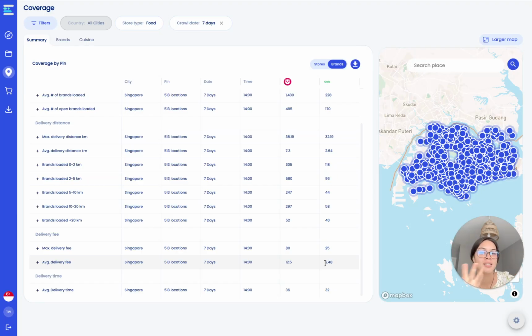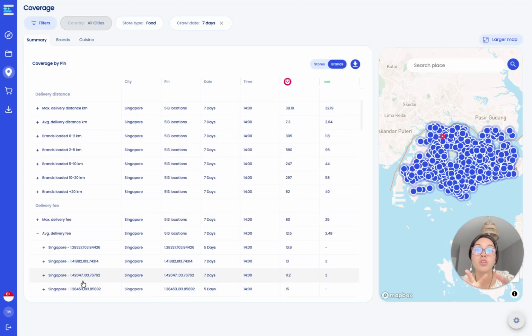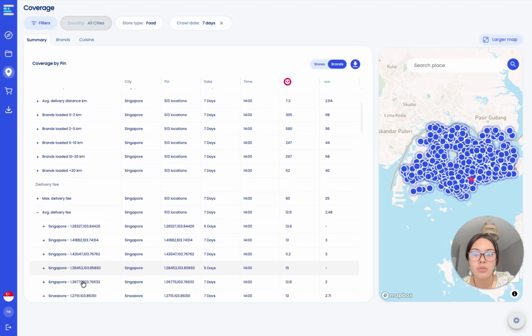If it's not, that's a signal worth digging into. And of course, you can always use the map, the same process done before, where you can see the coverage by pin or break it down here with the plus sign. This is where you would find anomalies. So a specific zone in Singapore where your fees spike well above the competitors